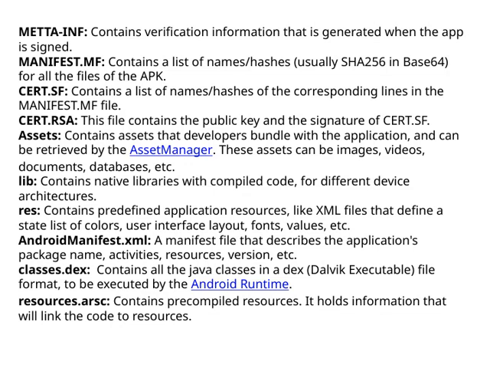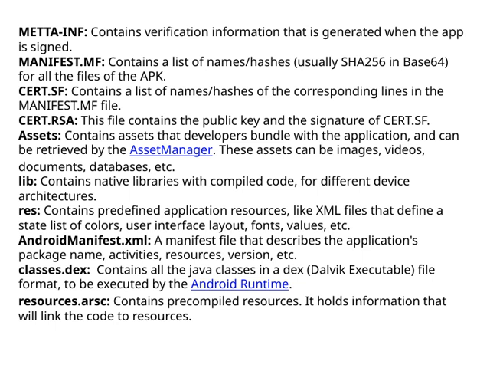Let's take a closer look at the key files inside an APK. First, we have META-INF, which contains verification information generated when the app is signed. This helps ensure the integrity and authenticity of the application. Next is the MANIFEST.MF file, which lists all the files in the APK along with their hashes, typically SHA-256 in base64 encoding. This provides a way to verify that files haven't been tampered with. Then there's the CERT.SF file, which lists the names and hashes of the lines in the MANIFEST.MF, acting as a further layer of verification. The CERT.RSA file contains the public key and the signature of CERT.SF, crucial for verifying the